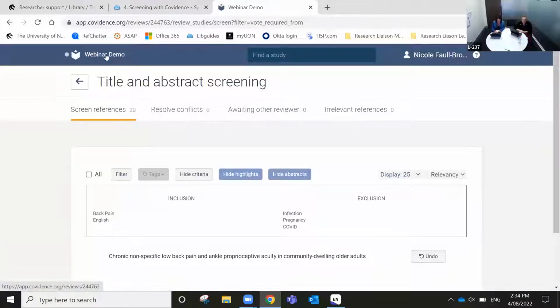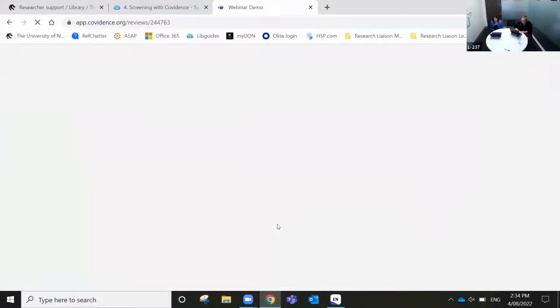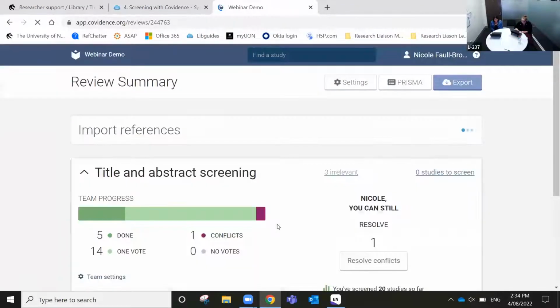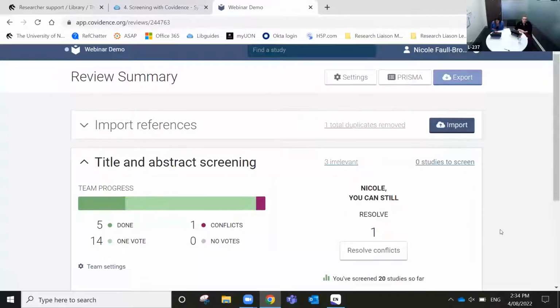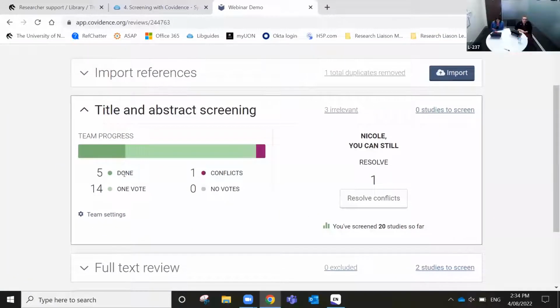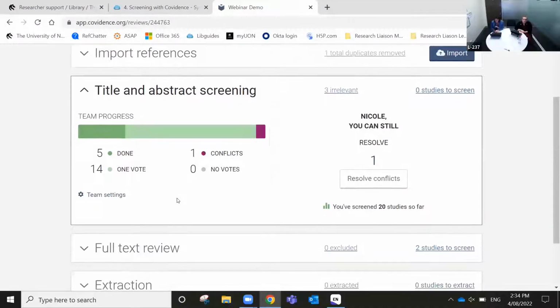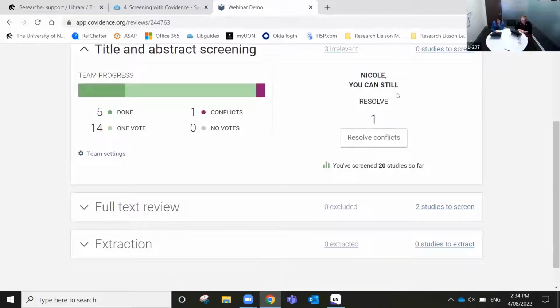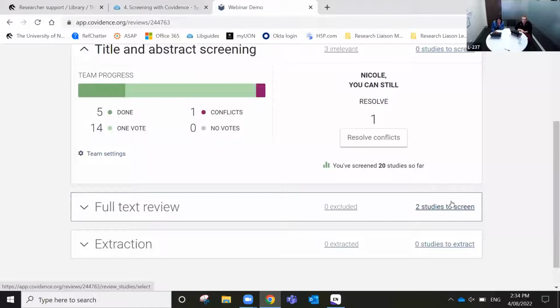So now if I click back to our main screen, we can see here that we've got one conflict. We've got one vote on 14 and 5 are done. We'll see here that obviously we've voted yes to 2 together, and they've moved through to the full text screening. So you can see that one here. So if we go in here to resolve conflicts,